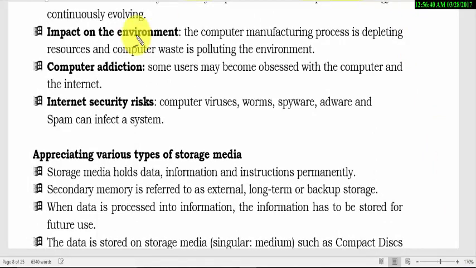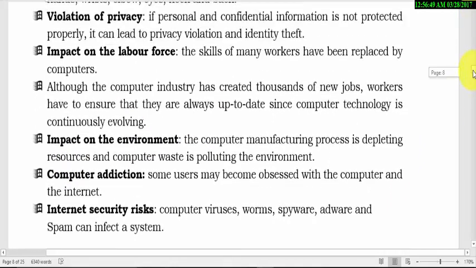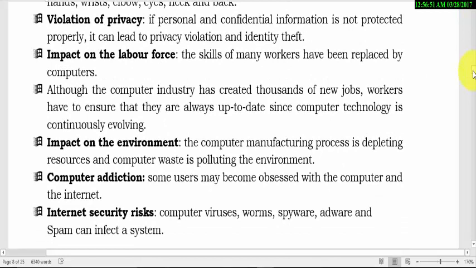you are consulting. Okay, let me first just go back a bit like this. Sorry, I move a bit like this. Okay, impact on labor force. Okay, here, thank you very much. So we move like this, you students.